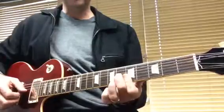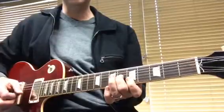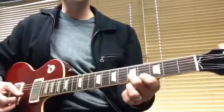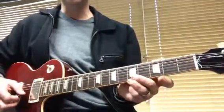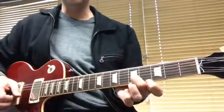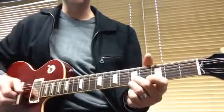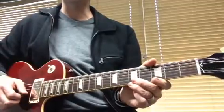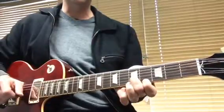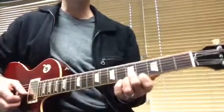and then I'm going to think about an A triad like this on the 5th and the 6th, A, E, C sharp. I'm just going to play the top 2 notes of the E chord to the top 2 notes of the A chord, so it goes from 5th on the B, 4th on the E for the E chord, then to both on the 5th fret for the A over E chord, back to the original for the E over G sharp chord, which is just the E notes, and then when we go to the B sus4, we're